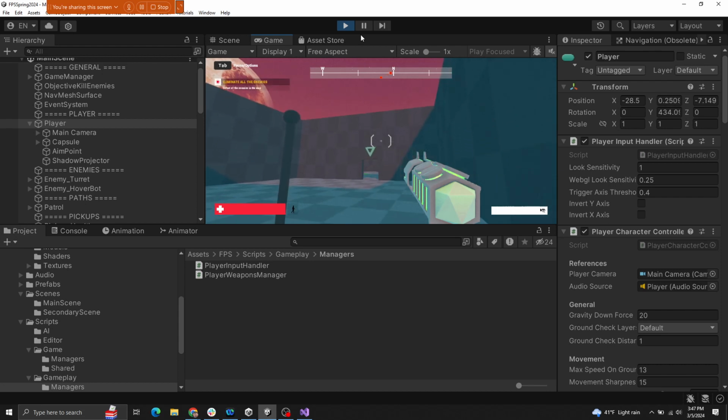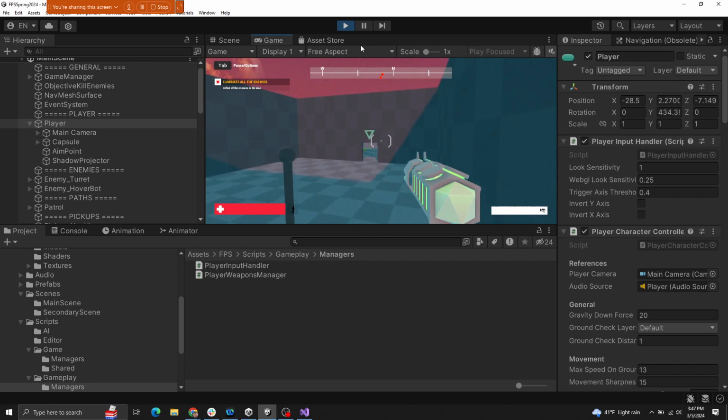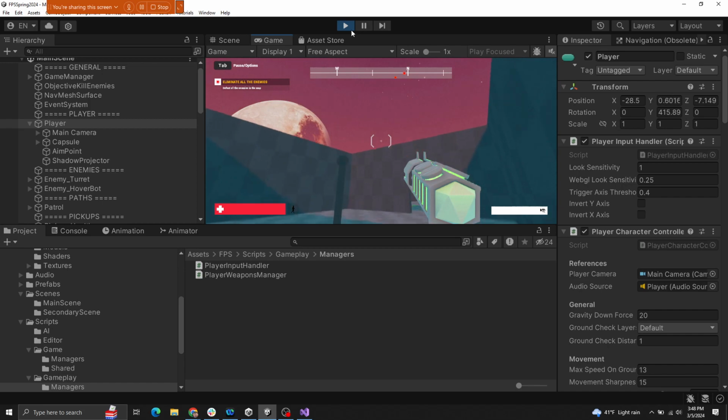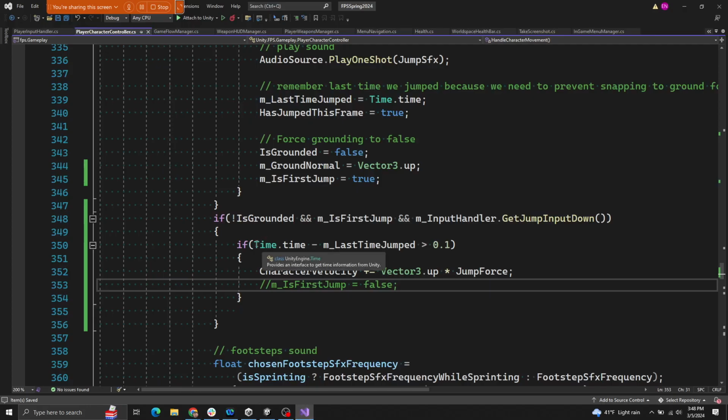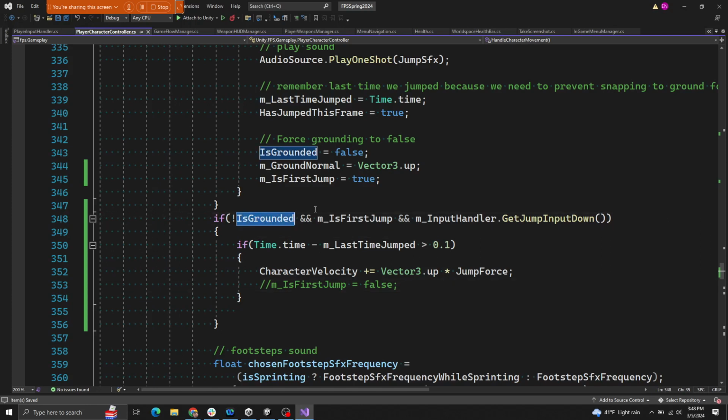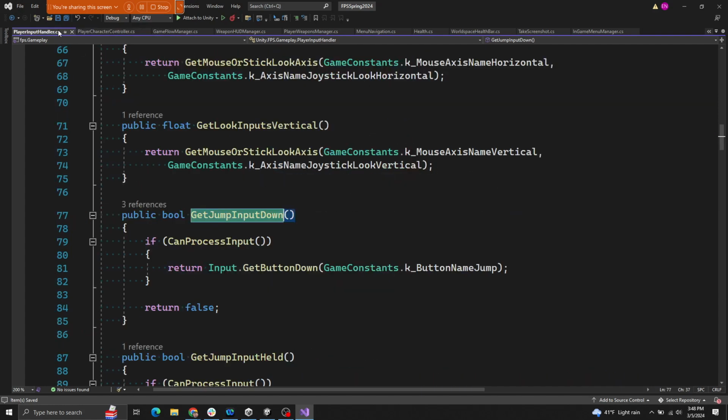Oh. Seems like I had, oh yeah, there is a second jump happening. Or it's like this weird, I am getting a little boost. If you're not grounded, and this is true, and this is happening,